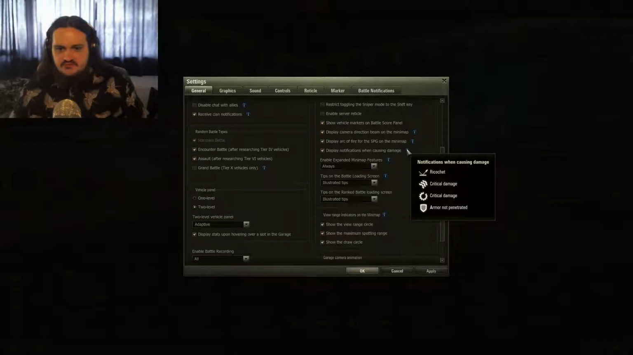Display notifications when causing damage. I definitely do recommend that as well. It is good feedback, and over here you can see the icons that will appear whenever you hit a tank. So it's either ricochet, critical damage to the track specifically, other critical damage, or armor not penetrated. And obviously if it doesn't show any of these things, it's either not a hit or you just did normal